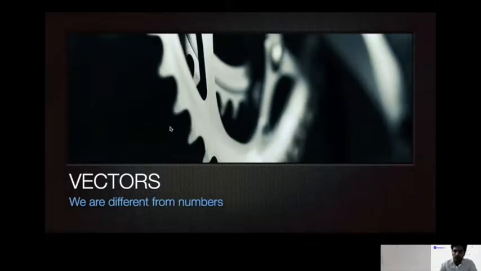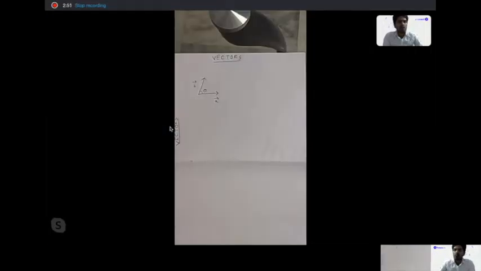Why are we defining something called vectors? These are quantities: vectors, numbers, scalars. These are all different quantities. Numbers are the easiest things we have been dealing with, right? To ascertain quantities, the number of apples, the number of mangoes, the amount of distance between your home and the office or the school, right? The number of dresses you have, etc.